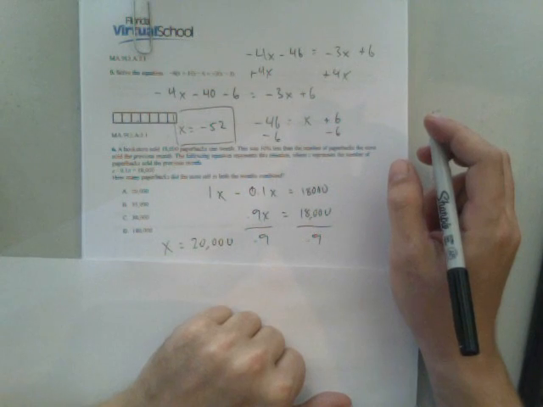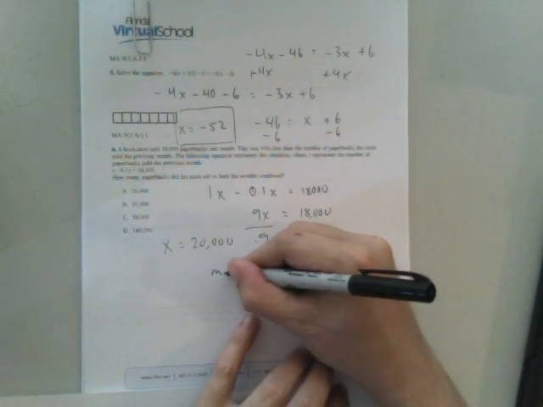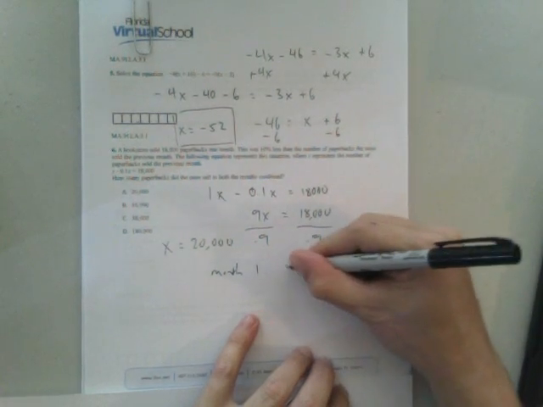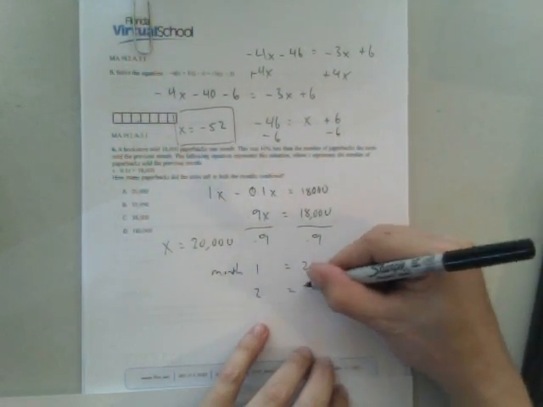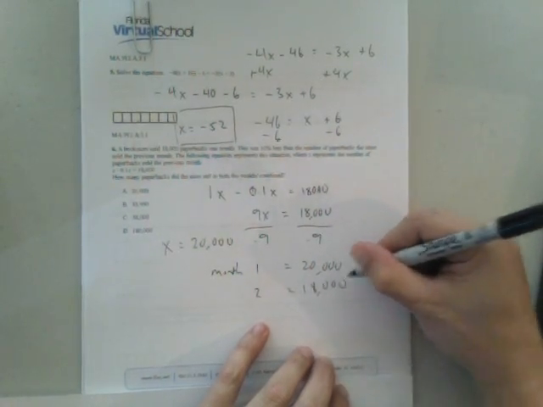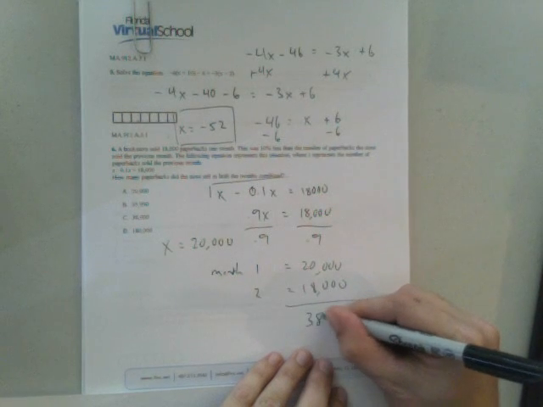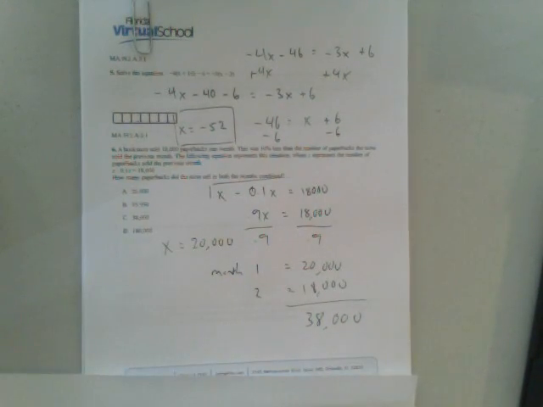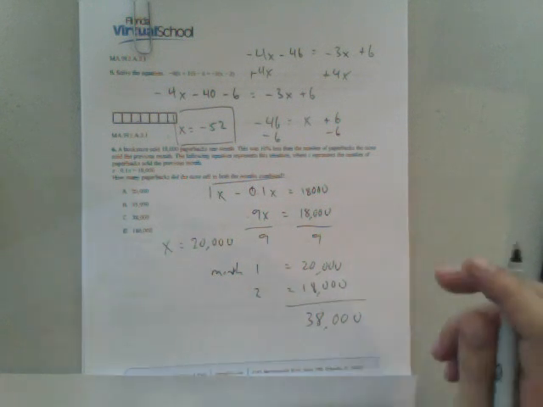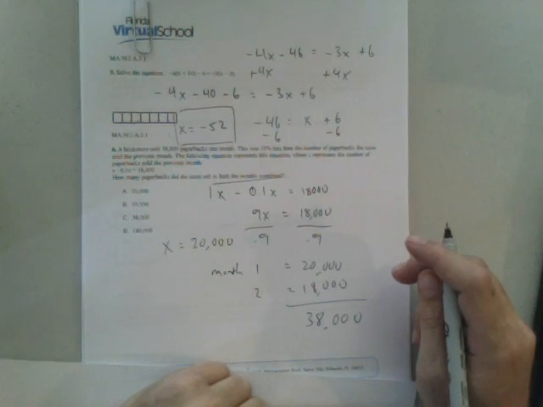Okay. So the first month is 20,000. Month 2 is given as 18,000. Both months combined is 38,000. What I want to bring up here is sometimes the way answer choices are structured will help you with a problem,